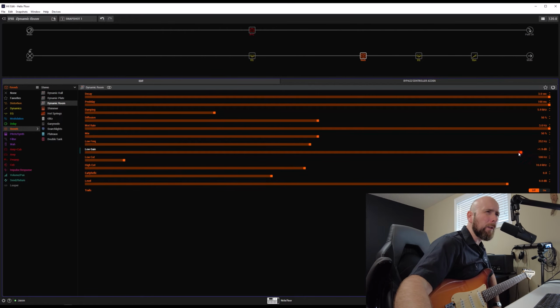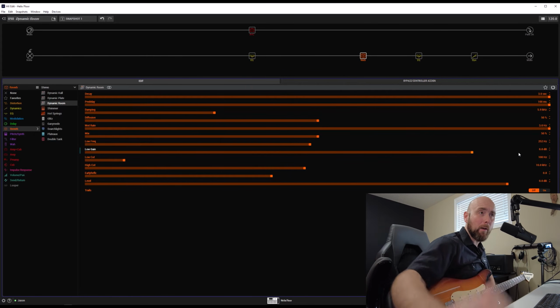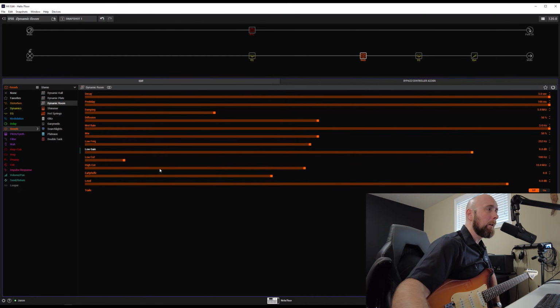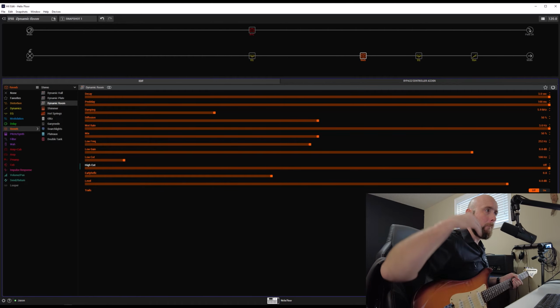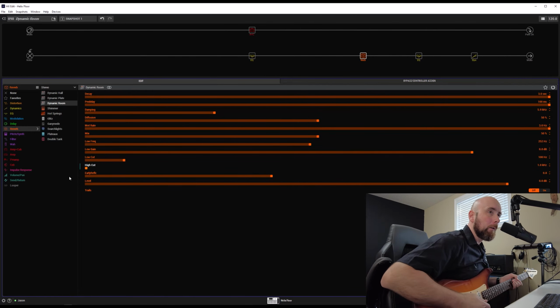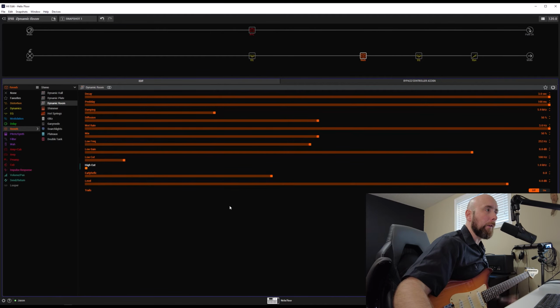So this can be a really useful control to fine-tune our reverb in a situation where we want a specific sound. Low and high cuts, obviously, if I take the high cut all the way off, we get a lot more high-end information in our sound. If I brought that all the way down, it's going to dull the sound a lot. And same thing with the low cut for frequencies below wherever that setting is. Let's just set that at 100 hertz and 10 kilohertz. And our early reflections,